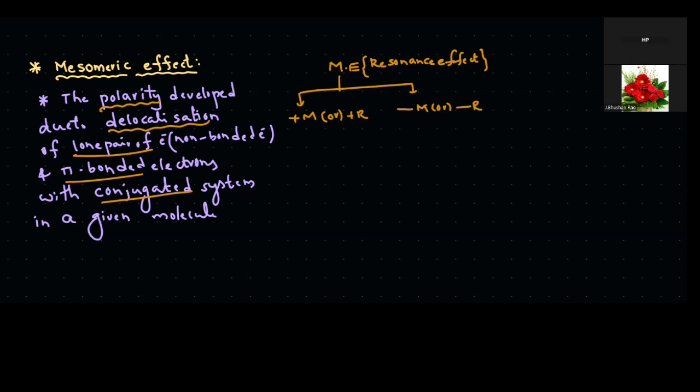So now the first one is plus M. The plus M or plus R is also called electron releasing group. Here minus M or minus R is nothing but electron withdrawing groups. Okay, electron releasing group, and here electron withdrawing groups. So now the first one is